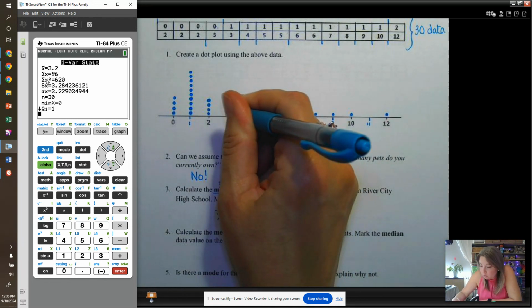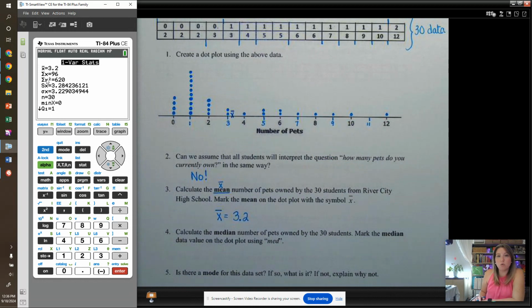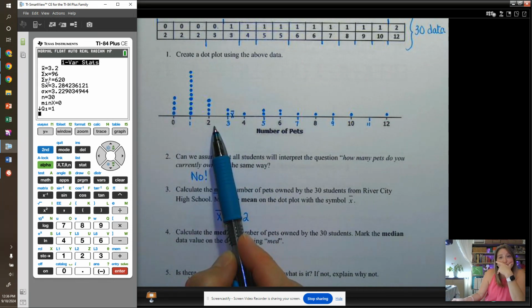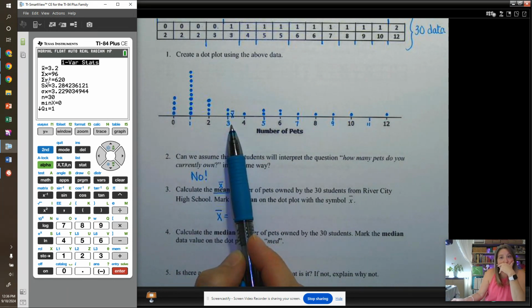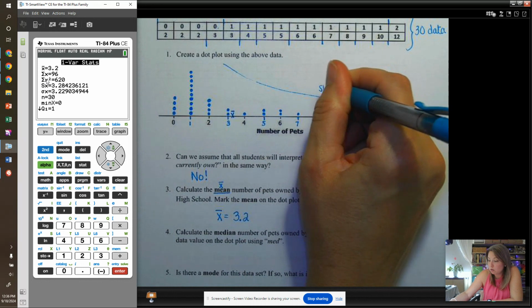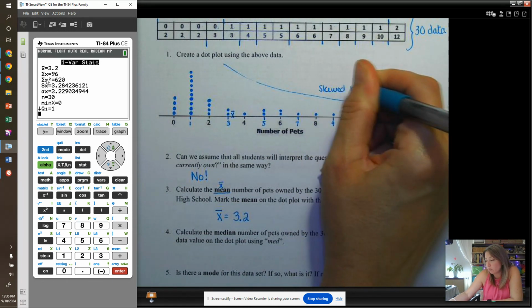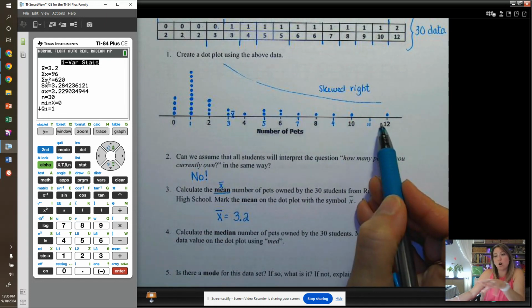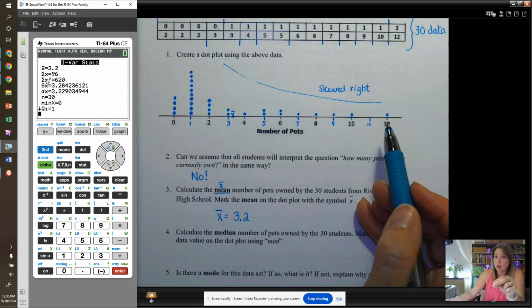Okay, so here is where my mean goes in compared to everything else. It's not actually one of the data values. Now, if we look, more than half of the data is between 0 and 2. And yet my mean is up here. What do you think happened there? Well, clearly we had a skew to the right. This tail to the right dragged my mean away from the middle data value and away from